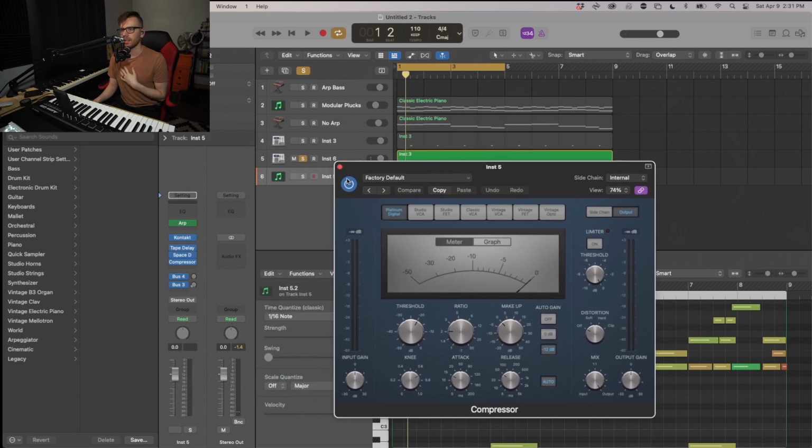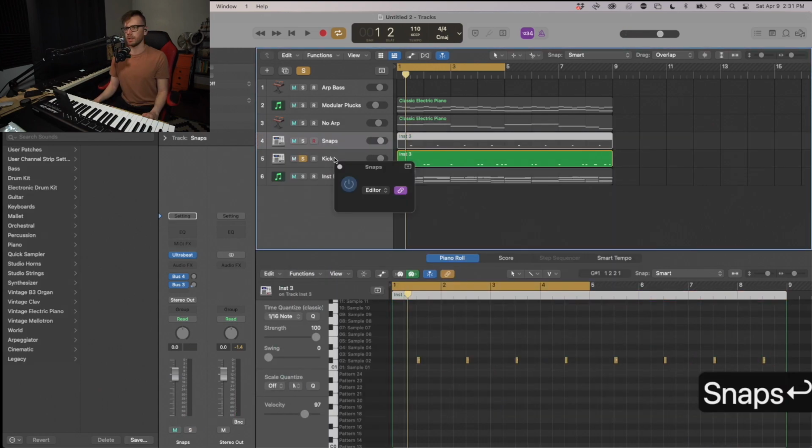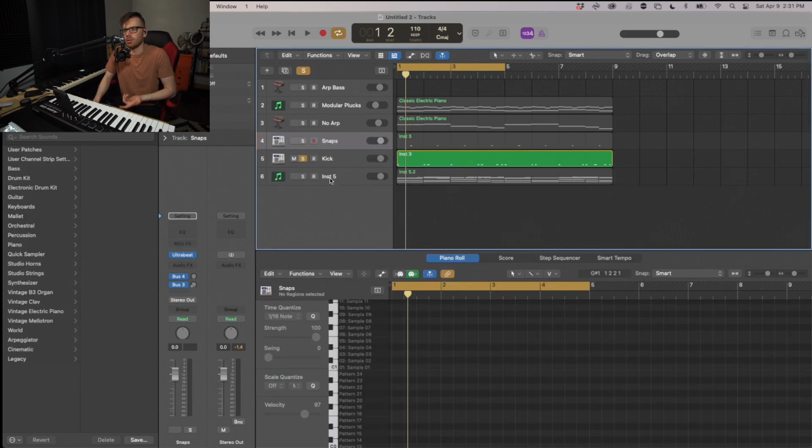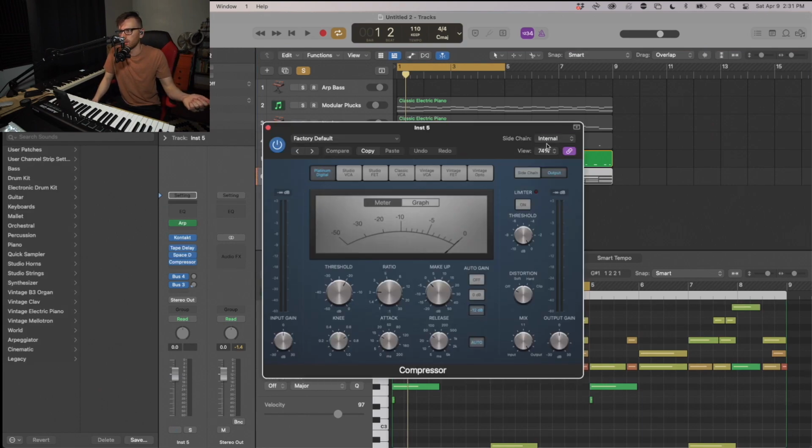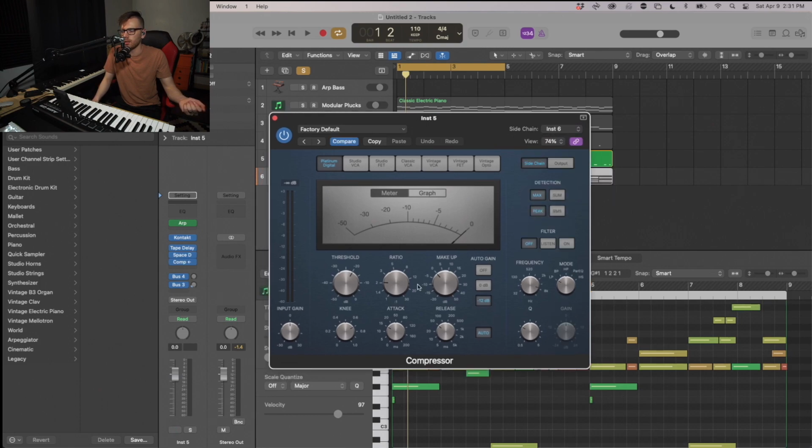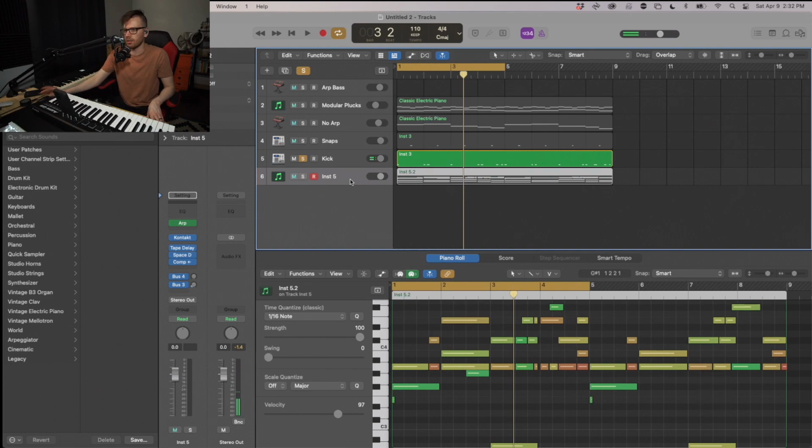That is instrument 6. I'll just title it kick and snaps. So I'm going to use the kick to activate the compressor on my compressor for that channel. So let's go to instrument, kick, sidechain, peak. This is a loud sample, so I know it's not going to need a whole lot of a low threshold. So let's hear that in context with